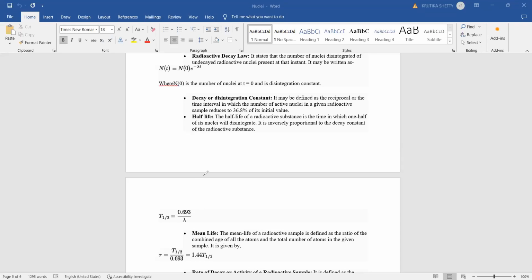That is given by T half = 0.693 / λ, where lambda is called the decay constant. Then the next point, mean life. So half life is clear. Let us see